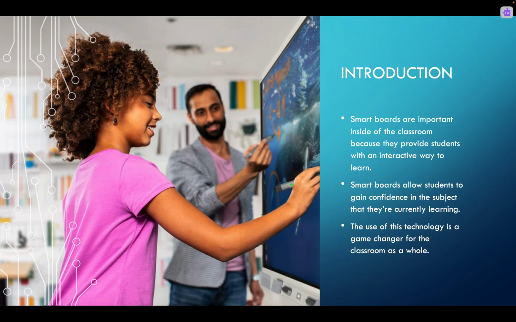Smartboards are important inside of the classroom because they provide students with an interactive way to learn. They also allow students to gain confidence in the subject they're currently learning. The use of technology is a game changer for the classroom as a whole. I would have to agree with these statements completely because I do feel like smartboards inside the classroom build up a student's